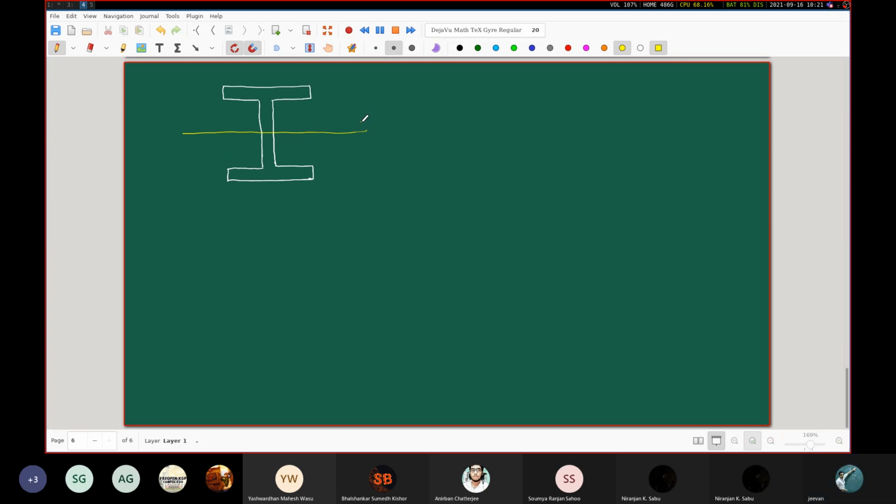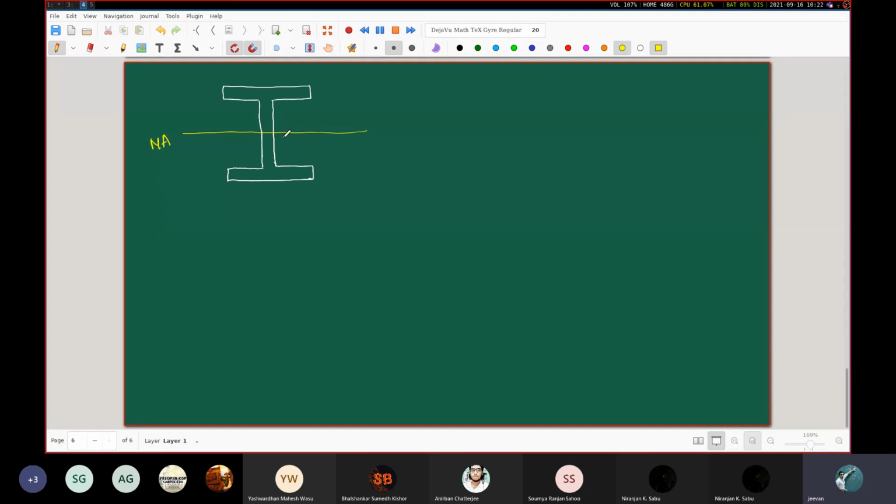We are going to consider this distance, in the upward direction, as y, as we have been dealing with earlier. Now, unlike the rectangular cross section, there is a variation in the geometry along the y direction. In the rectangular cross section there was no variation along y, but here we do have a variation in the geometry,